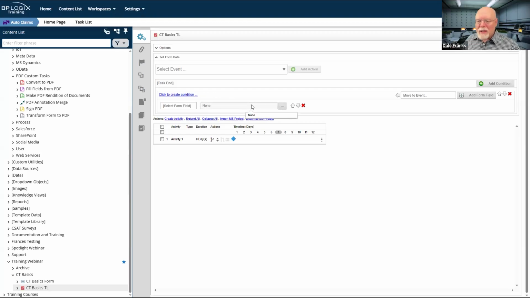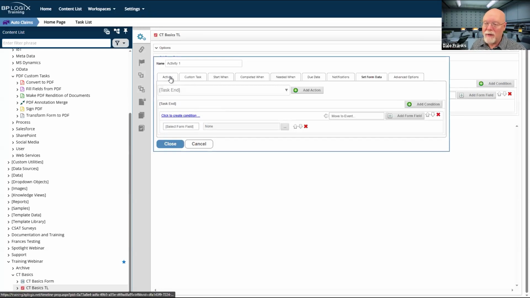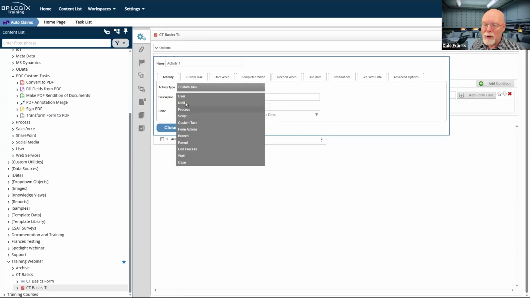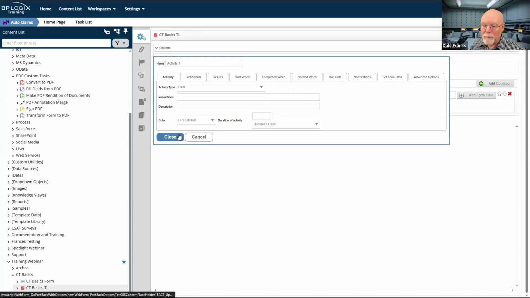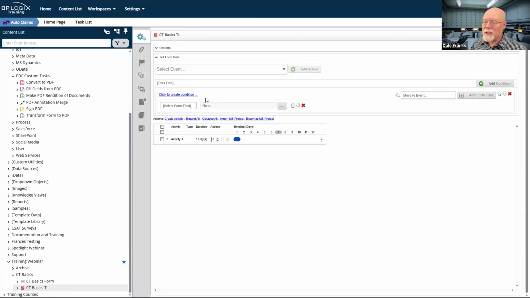I think if I were to set the sequence number, which I could certainly do, I could do it on task start for activity one, which is the only activity I have. And I could set my sequence number there. Everything would be fine. I actually wouldn't even need activity one, or it wouldn't matter what activity one was. I mean, if activity one happened to be a user activity, still doesn't matter, because I can still set my form data on that activity and it would run fine. It would basically happen in the background.